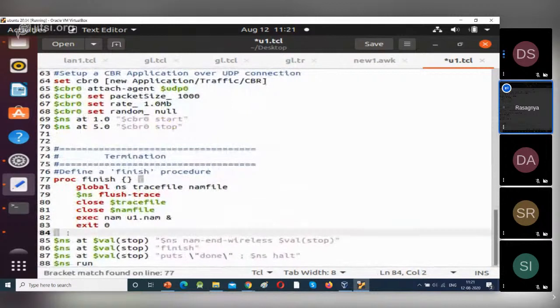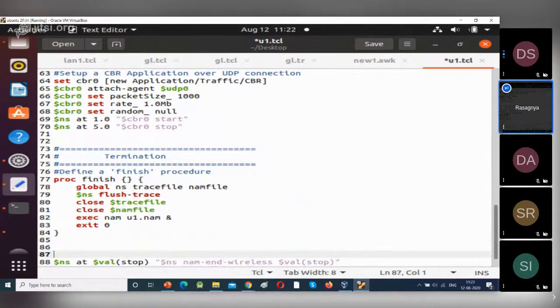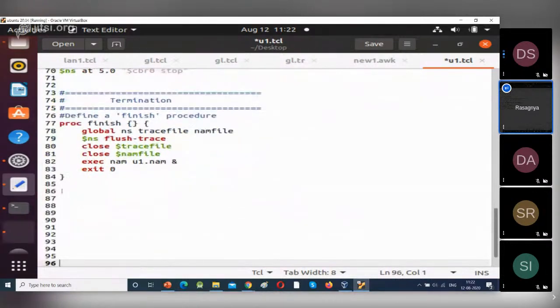Next, see after this flower bracket, we will label the node. That is $ns space at I'm giving 0.0, open the quotation marks. Now give $n2 as sender. So $n2 is our sender, right?